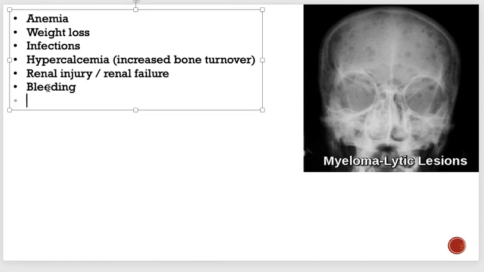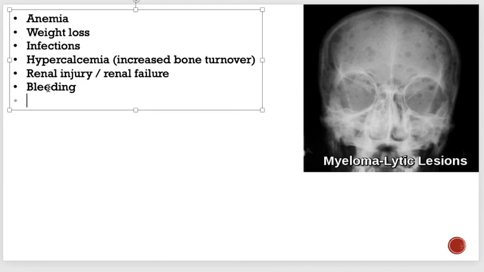Okay, bleeding can be there simply because why? There is thrombocytopenia. When platelets are not there, what kind of bleeding will be there? I told you before in the previous lecture. Superficial bleeds. Think about petechiae, purpura, ecchymosis, epistaxis, and in the case of females, menorrhagia. Right? So think about these things.